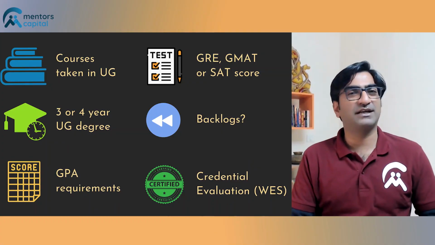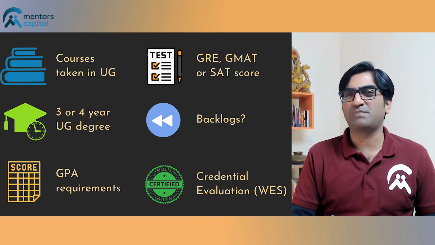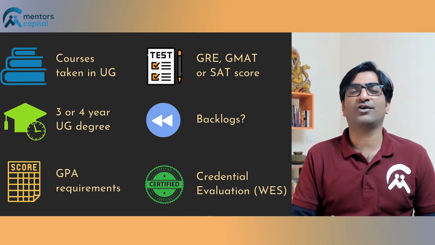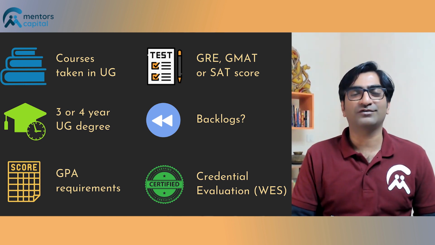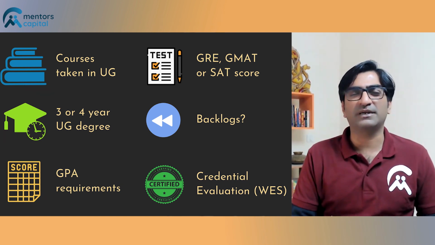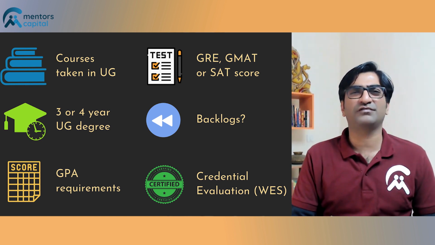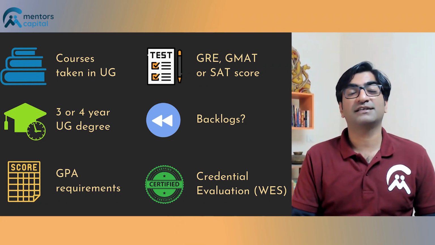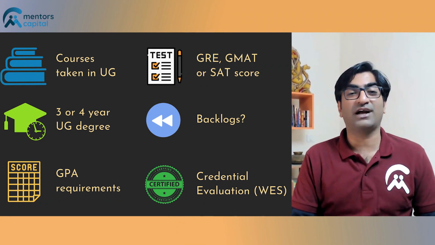And they do specify, a lot of courses specify the kind of schoolwork that you should have done, subjects that you should have taken, or even specific courses that you should have taken in your undergraduate study that make you eligible, right? So make sure that you check that out. Number two, most universities have a stringent criteria on the minimum GPA that you should have scored, right? Now, top ranked universities will typically say an average of B plus throughout your course, or at least in the last 2 years of your study, and that's a criteria that you should check out.